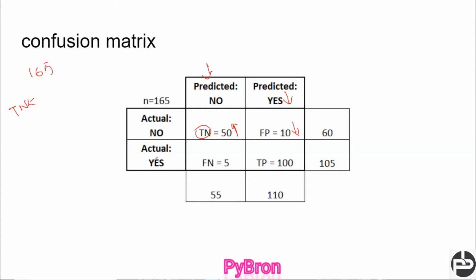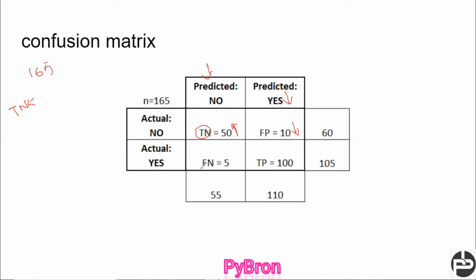Similarly, coming to people having cancer, the machine should also say yes, you have cancer. Now in this scenario, people actually have cancer and the machine is saying no, you don't have cancer. This case is known as the false negative. False negative means people have cancer, but the machine identifies that you don't have cancer. So it falsely identifies that you don't have cancer. That's what is known as the false negative. Understood why it is known as the false negative?